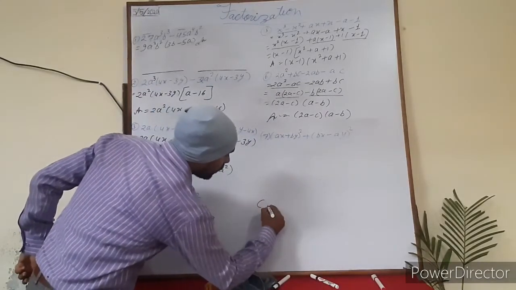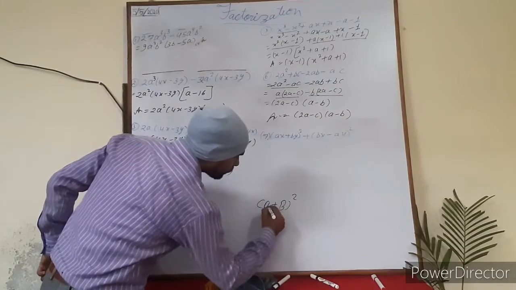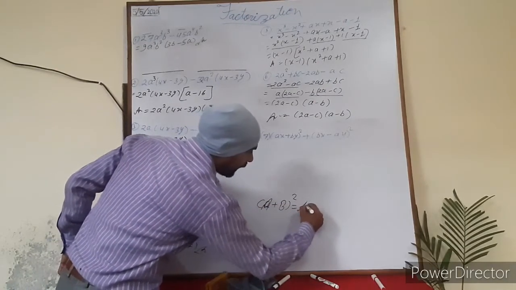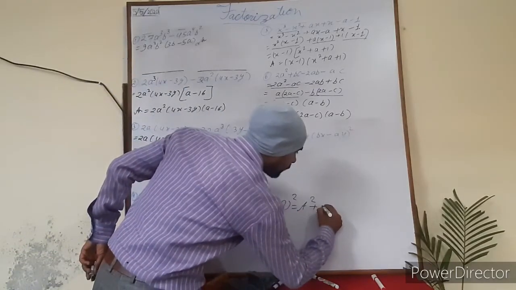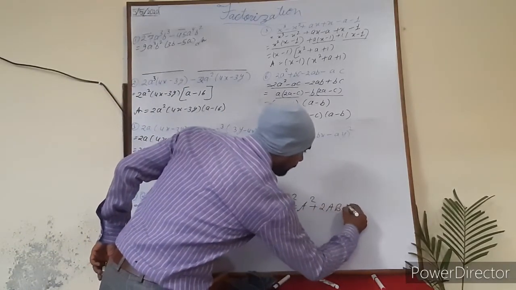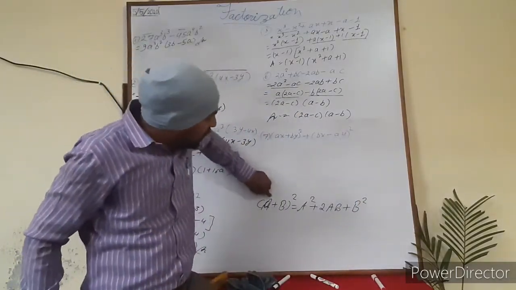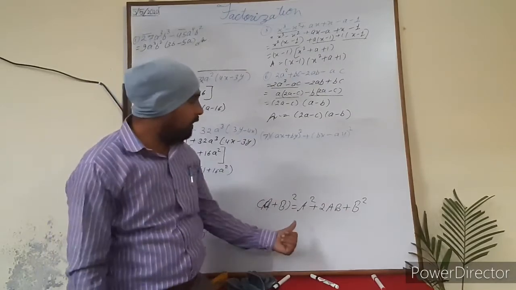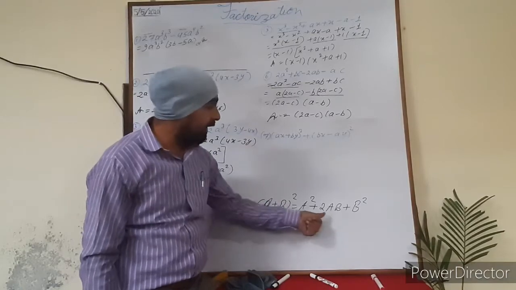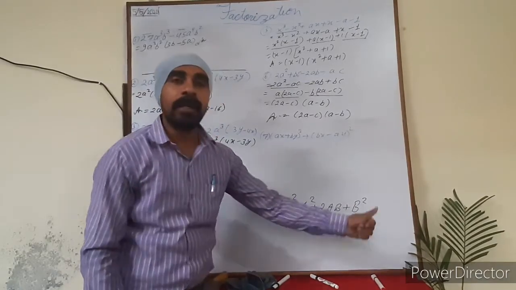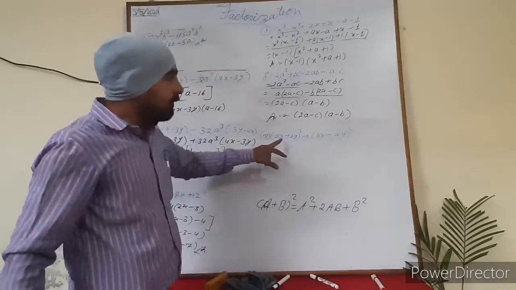तो ध्यान रखना, if here is a plus b of whole square, so that will be a of square, it means first one of square plus 2ab then plus b of square. If you don't know तो आप इसको बस ऐसे समझना कि first one plus second one of whole square will be equal to first one of square plus 2 into first one into second one and plus second one का square. I hope you have understood. Very good.